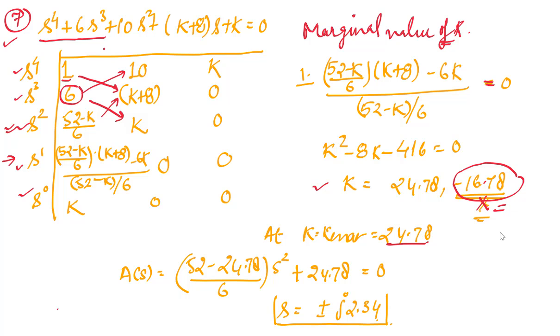Now in order to get the intersection of root locus with imaginary axis, we will construct an auxiliary equation, and the auxiliary equation will be formed just from the upper row, right? So 52 minus k divided by 6 times s square plus k is equal to 0. Where we put in the value of k, we will get this quadratic. And on solving this, we have achieved two values of s at plus minus j 2.34, right? So these are the 2 points through which the root locus will pass.